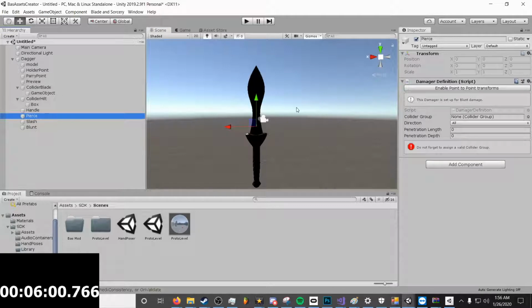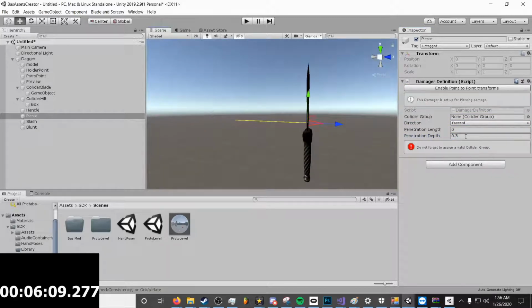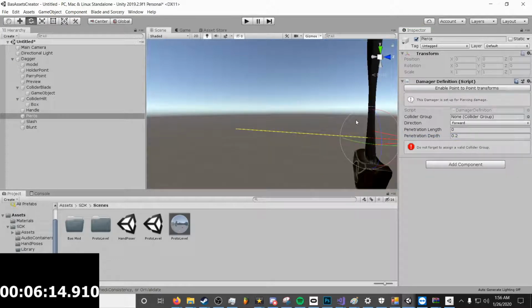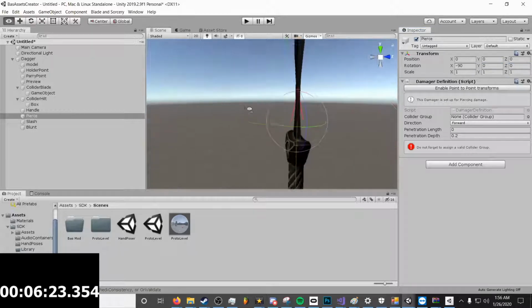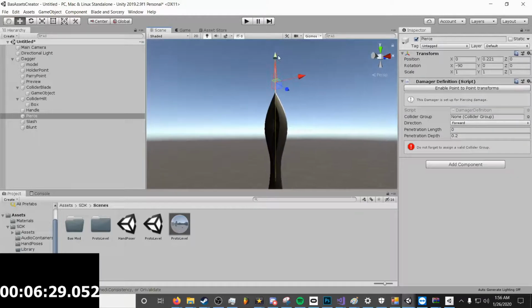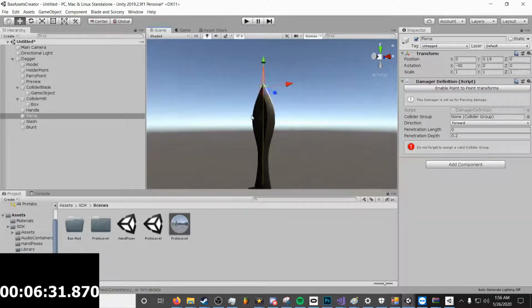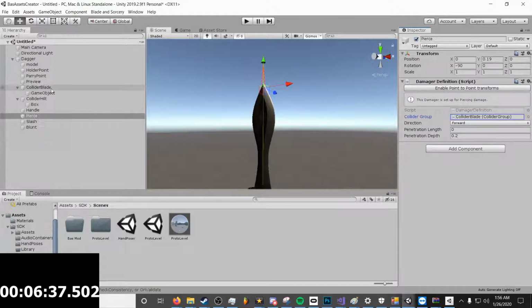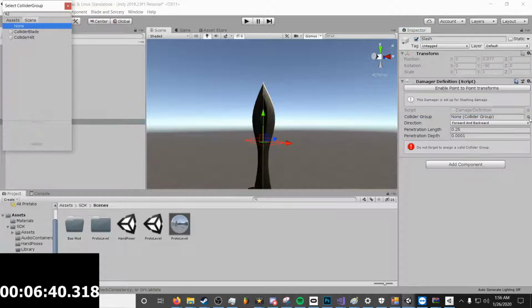Now for pierce, we're going to drag the damager to the very top and set it to forward. We're going to set the depth to about an appropriate length, just kind of a guess, and we're going to rotate it to the proper position. And if you double click on that button there, you can change its positioning with the actual inputs. And we're going to drag it to the top and kind of just eyeball its position relative to the blade. You kind of want the pierce to be at the very hilt, and make sure the collider groups are